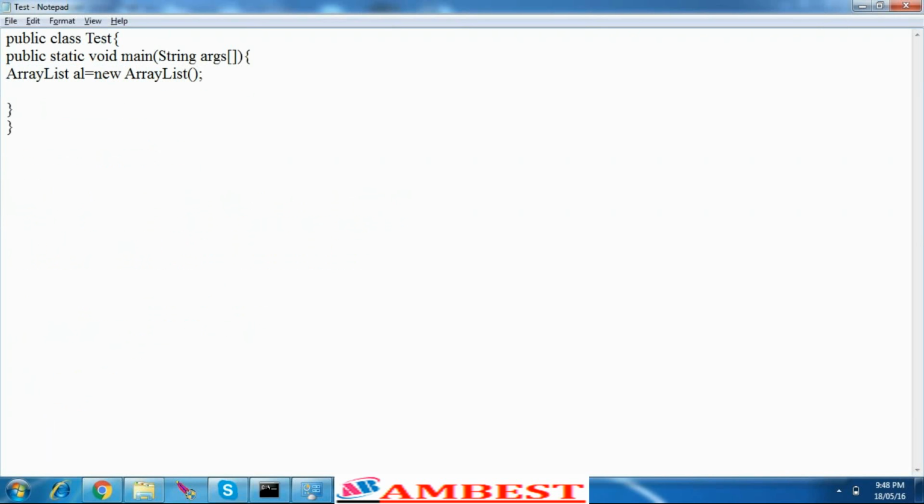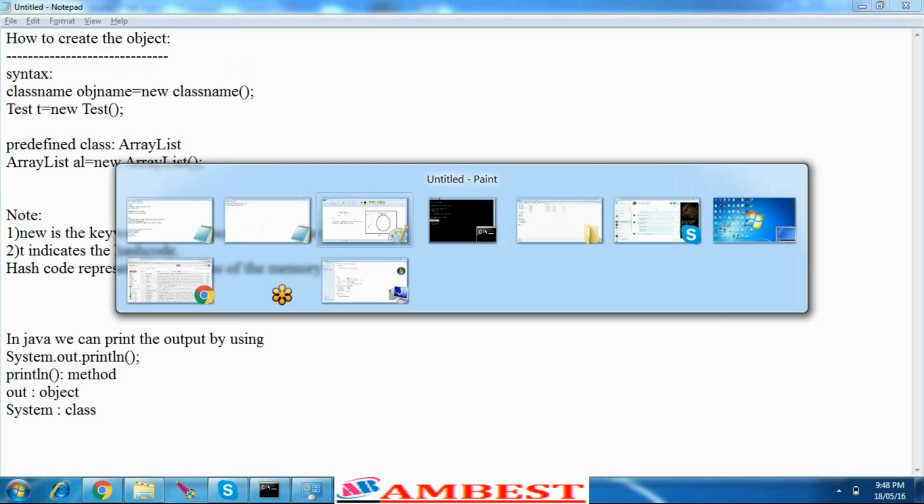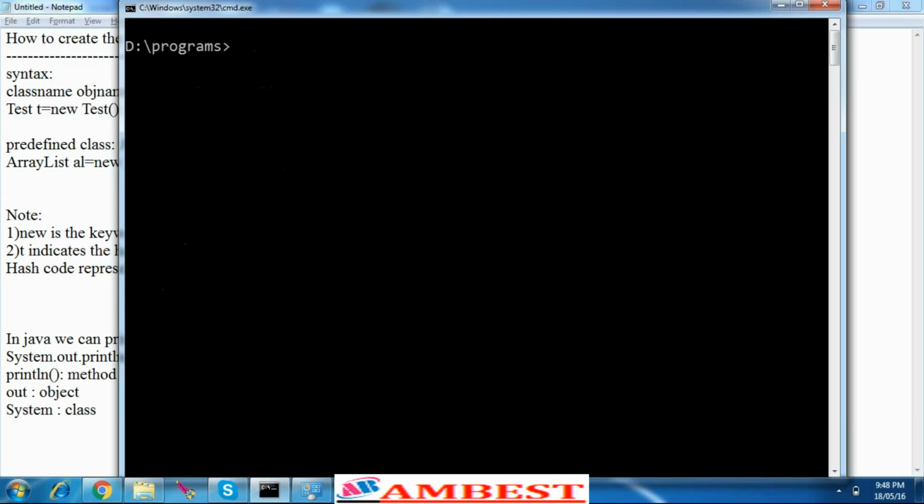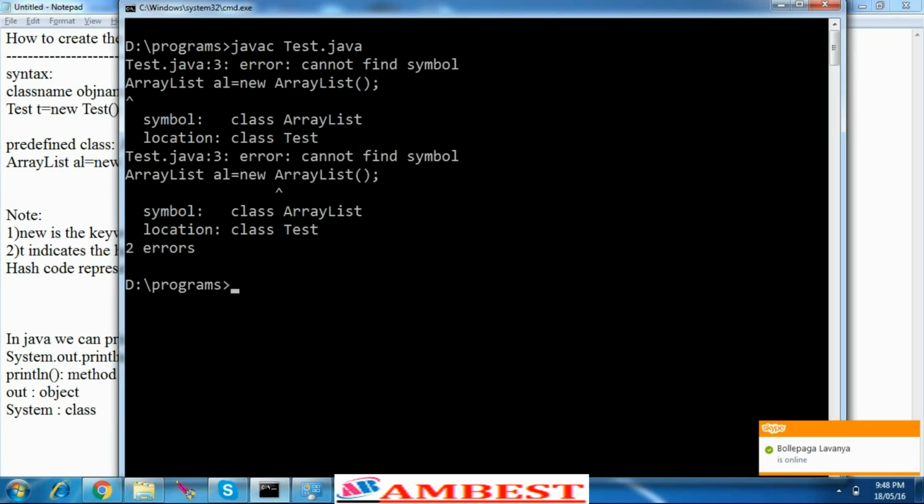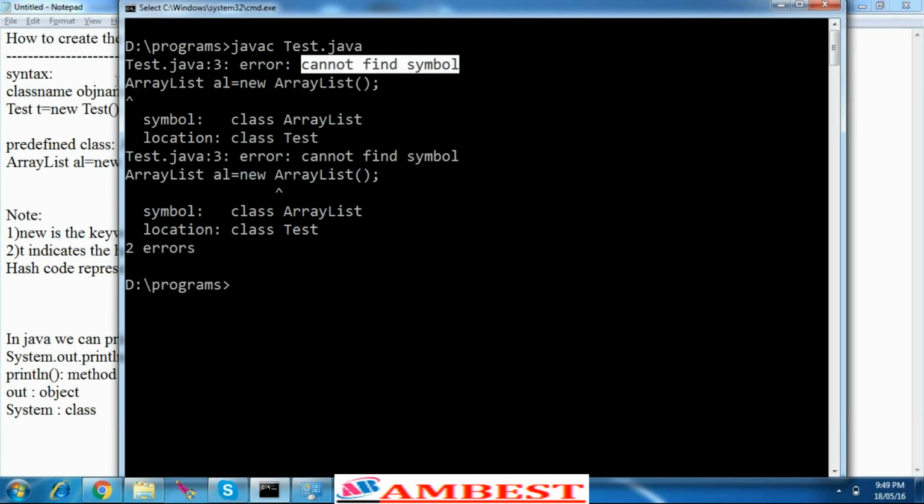That's it. But in this scenario you'll get an error. Previously we didn't get any error, but now when you compile this, javac test.java, we're getting an error saying cannot find symbol. The compiler is unable to find the symbol ArrayList. The symbol class ArrayList it can't find in a location known as class test. The same thing. Why? Because